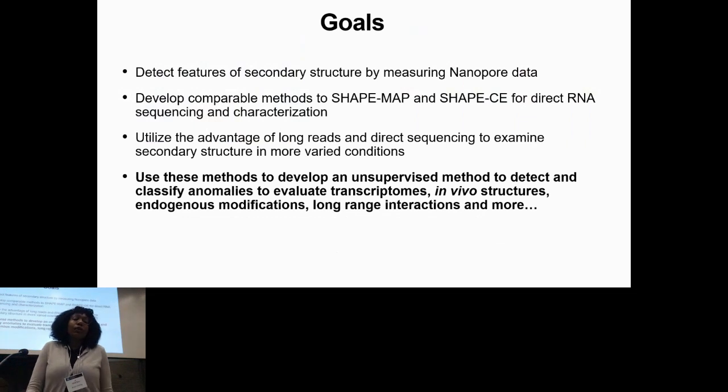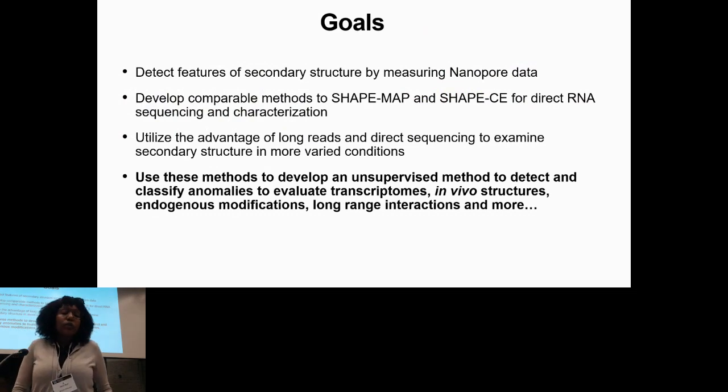So the goals of this presentation are to detect features of secondary structure by measuring nanopore data. Specifically, we're looking at natural antisense transcripts. We're trying to develop comparable methods to SHAPE-MaP and SHAPE-CE for direct RNA sequencing and characterization, and utilize the advantage of long reads and direct sequencing to examine secondary structure in more varied conditions, such as in vivo,